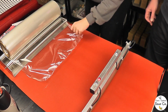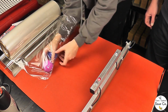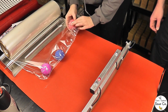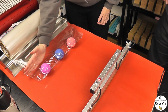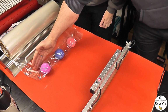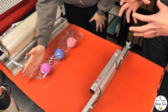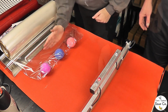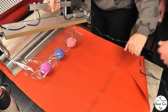And what we need to do, I think, is just roll them into the packaging. So I need it about there. Yeah, just where it naturally meets, because you don't want too much excess because it'll only shrink so far onto itself. Right, okay, so where the film naturally meets, about there. I'm just going to have a go and see what happens. And then pull away the...